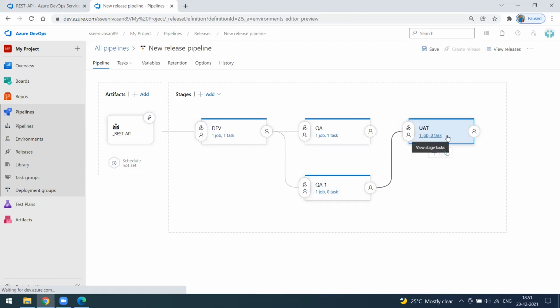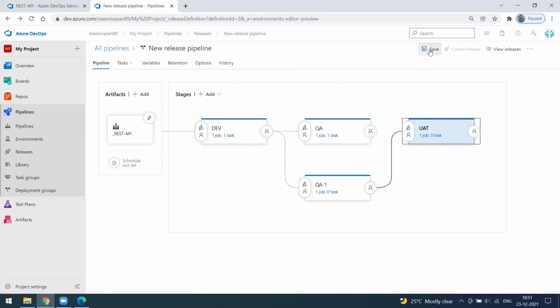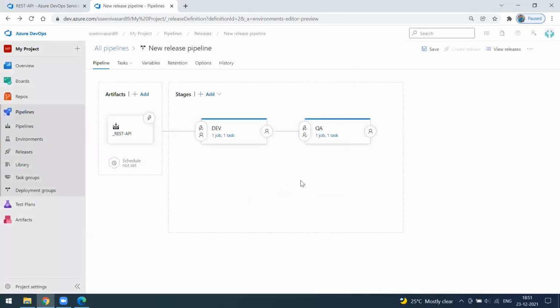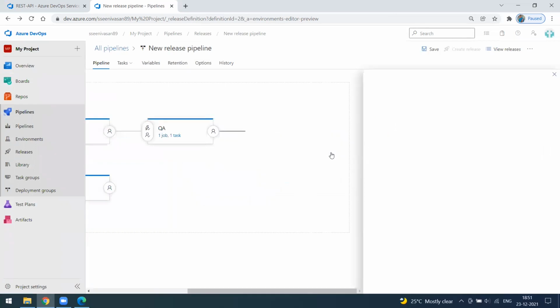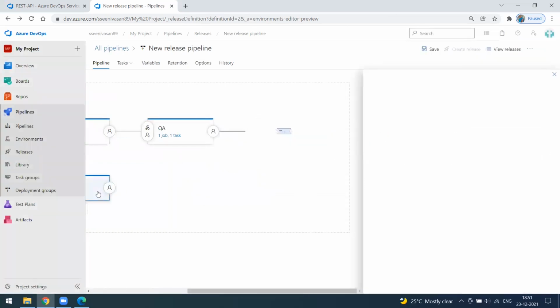We can create some tasks also. Now this is four things. If you want to delete, you can delete this one, so I'm deleting this one. Okay, this one became empty, I will delete this one.